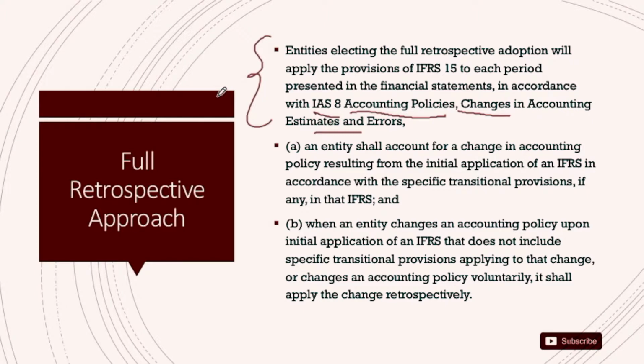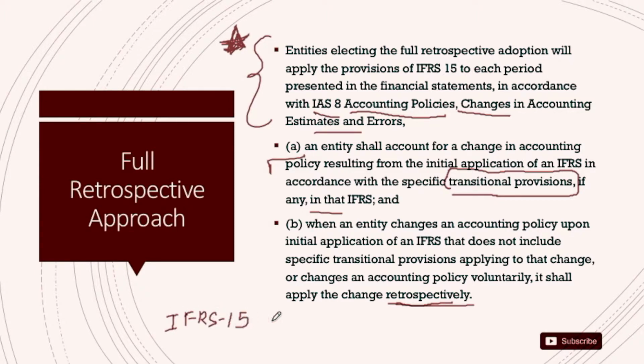IAS 8 says that whenever there is a change in accounting policy due to introduction of a new standard itself, the entity shall account for such change in accordance with the specific transitional provisions. If not, then the entity needs to apply the standard retrospectively, which means that either they can apply the transitional provisions, or they can apply it retrospectively, which means